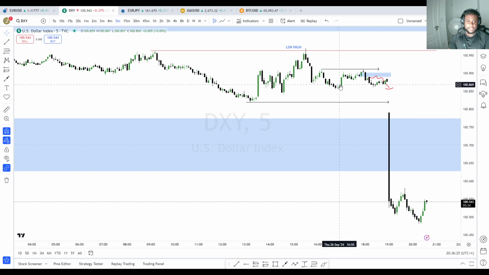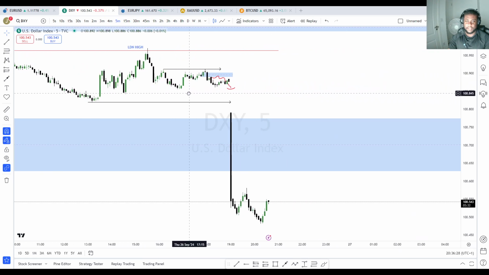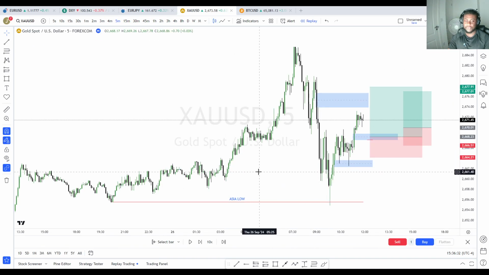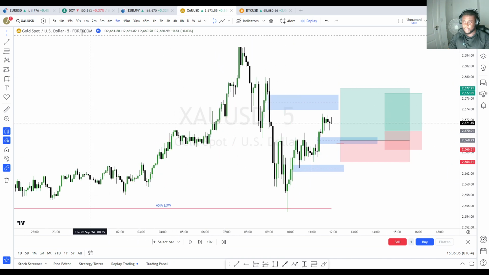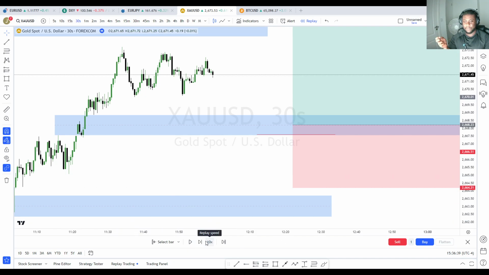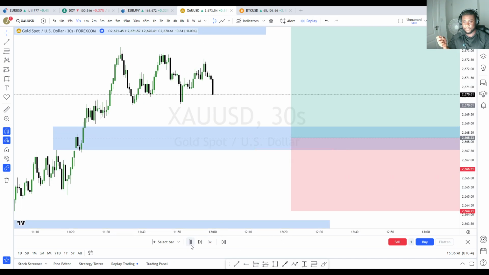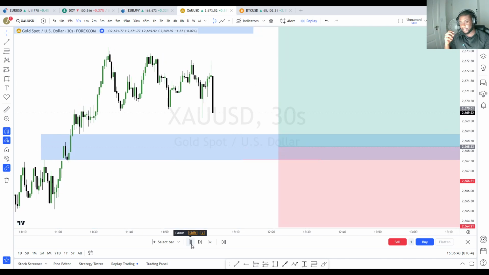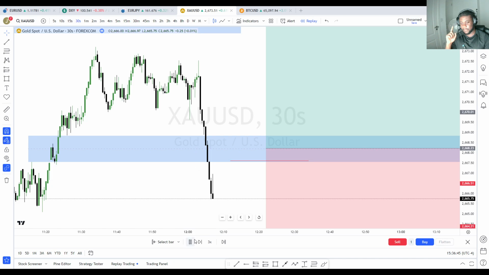So once we were sitting inside this area, I was thinking, okay, so as long as we don't break this 5 minute high, gold has a very good chance to go long. So then I posted this chart inside of the Telegram, let everyone know. And what did we see happen? Right? You can see by the price action here that gold just kept on flying down.